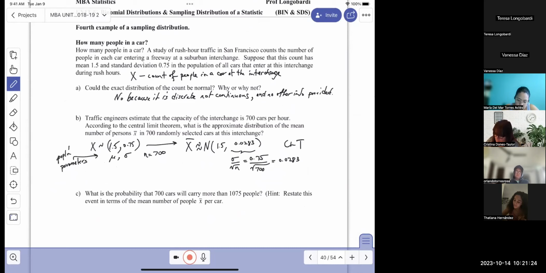What is the probability that 700 cars will carry more than 1,075 people? Okay, so everything so far is probably clear. This is the one that might be a little confusing, and I hint to you, this is asking you about all the cars, but we only have information on the average in each car. In other words, this would be defined as